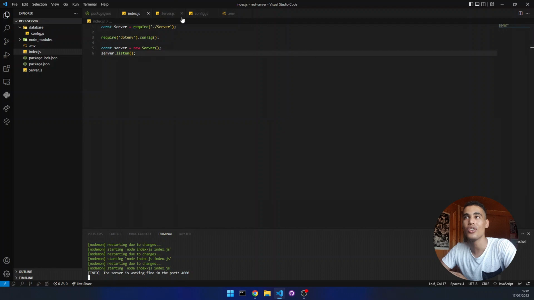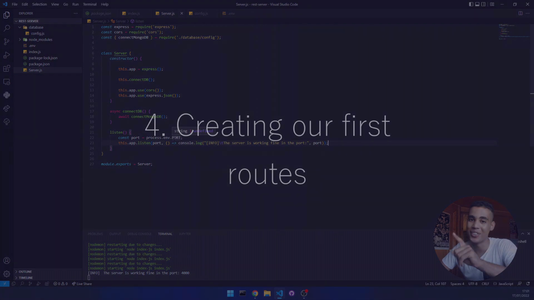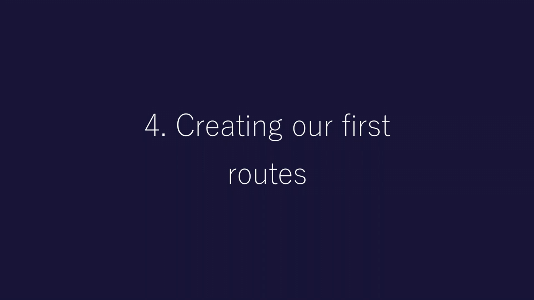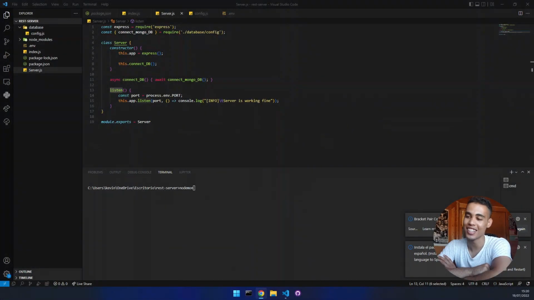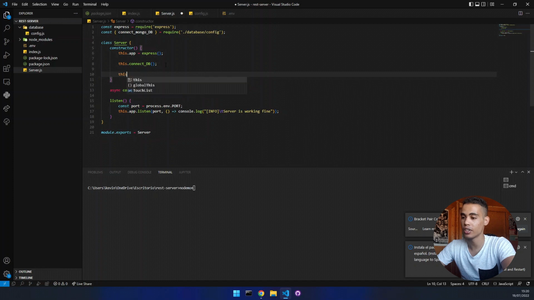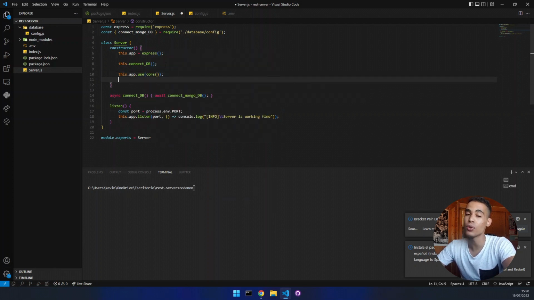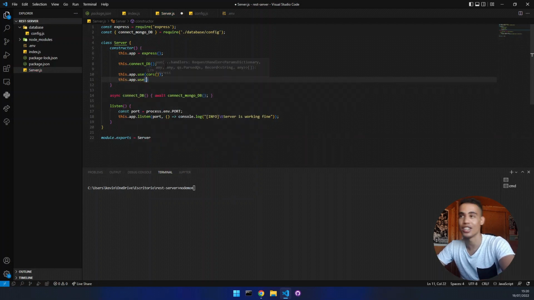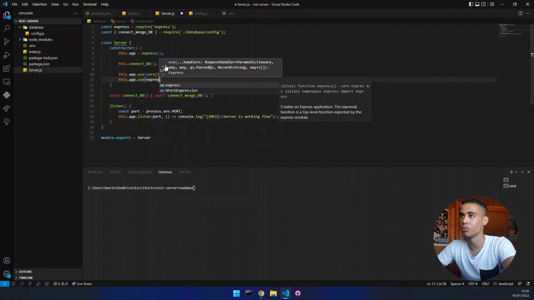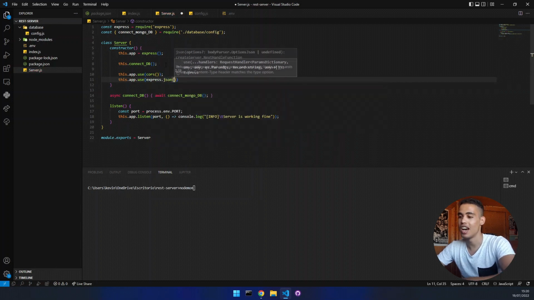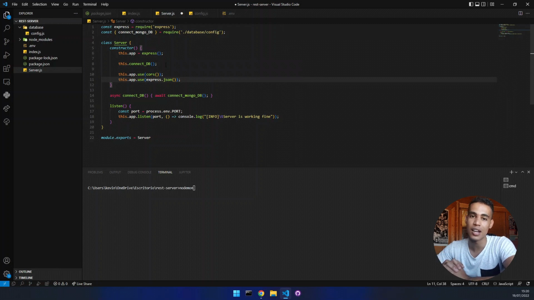In the next part, we are going to start putting some routes. Okay, so in this next part, we are going to use routes. We are going to create them, and it's truly very simple. Here, I think I forgot in the previous part that we should also use middlewares. So for example, we are going to use the CORS middleware, and we are going to use the JSON middleware, because we are going to play a lot with JSON files. So in order to do this, we are going to put here express.json, and now we are truly ready to start with